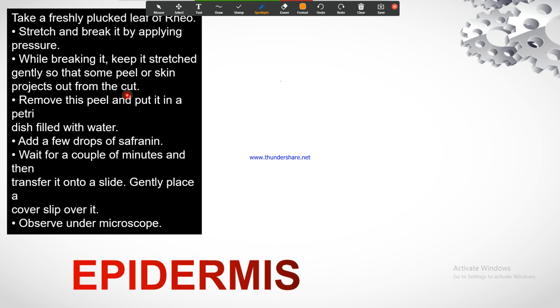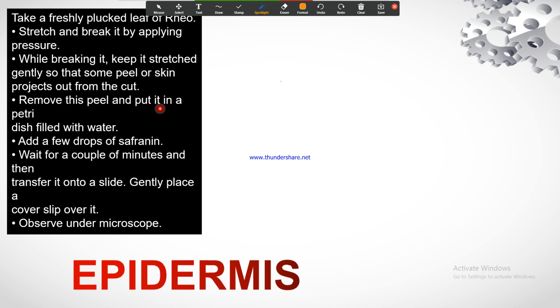Have you understood how to peel that? When you are peeling your skin, sometimes the outer layers of the skin come off because of heat in your body. Have you observed that? In the same way, the external layer on the leaf has to be peeled out. That is very transparent in color. Remember, the epidermis appears transparent. The outer layer of the leaf should be peeled.